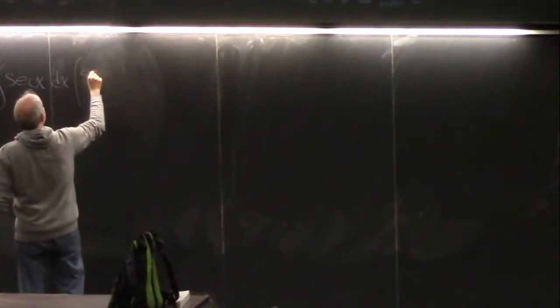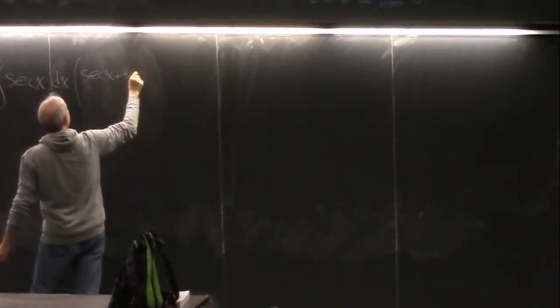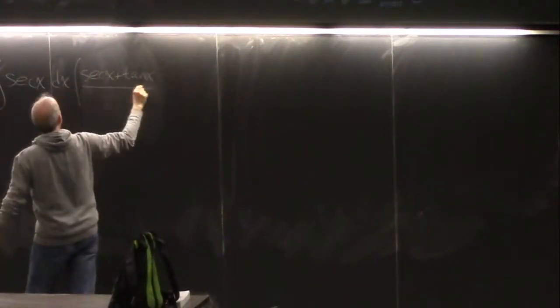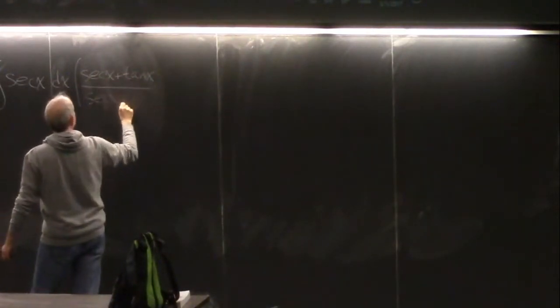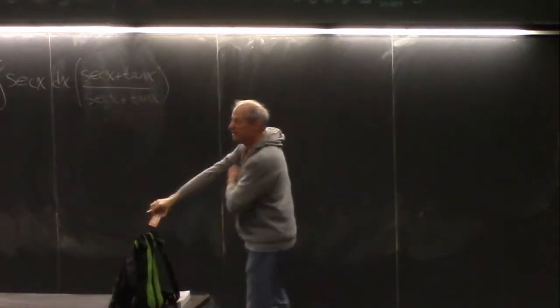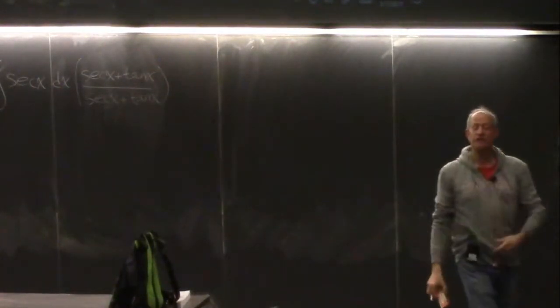Why don't I multiply the top and bottom by secant x plus tangent x? And you go, you've got to be kidding me. Well, I didn't think of it the first time either. Probably not the second time. But somebody came along 200 years ago and said, I don't know how to do secant of x. And then some annoying math guy said, hey, here's a clever trick you could do. Because this will now become